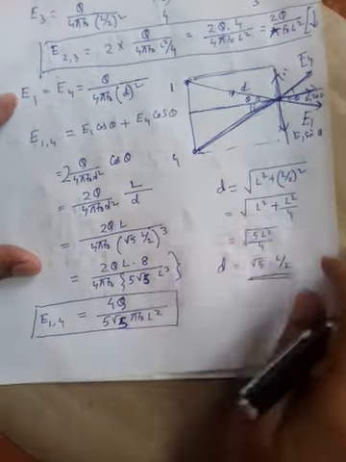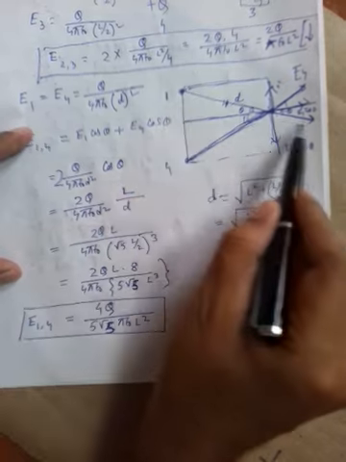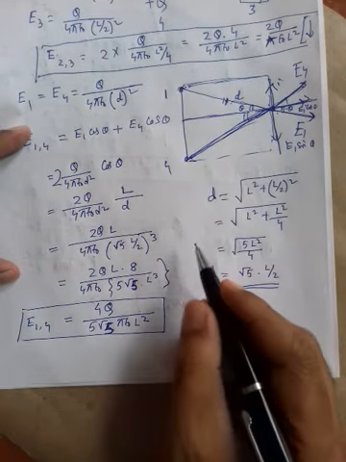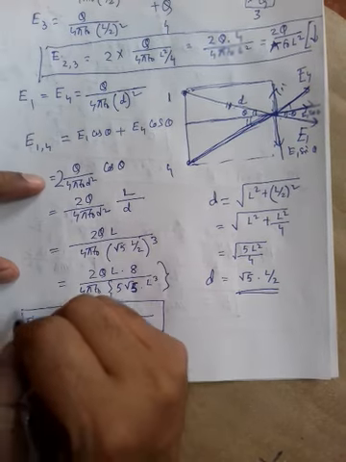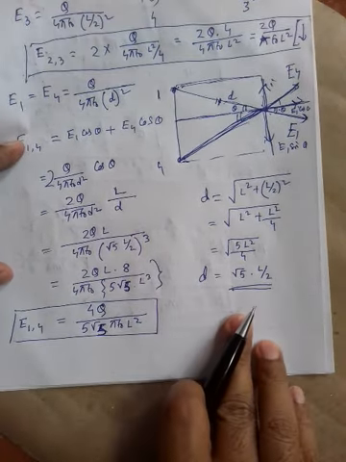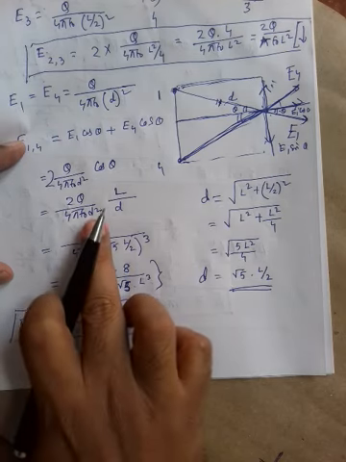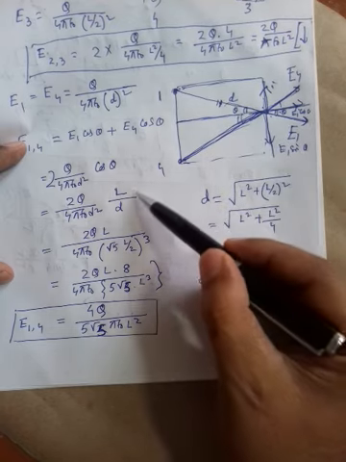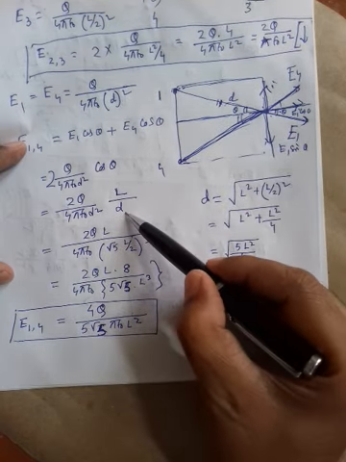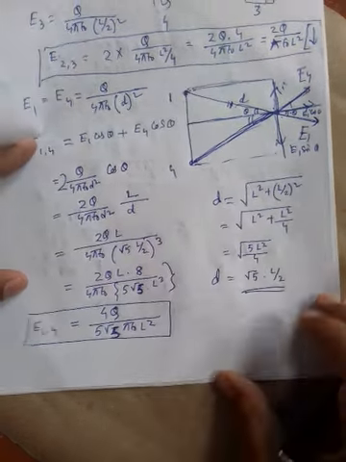So the total electric field because of charge number 1 and charge number 4 is given by 2Q over 4 pi epsilon naught d square, times cos theta. What is d here? If you put it here, cos theta from the figure is L by d, so that together makes d cube. The value of d calculated here is root 5 L by 2. If you simplify, you will get